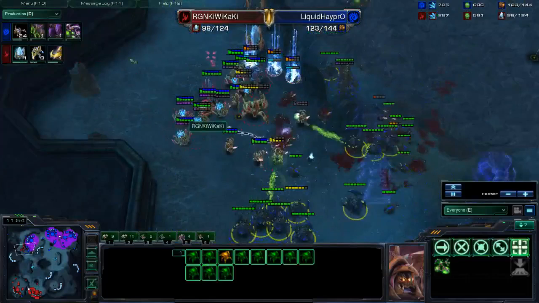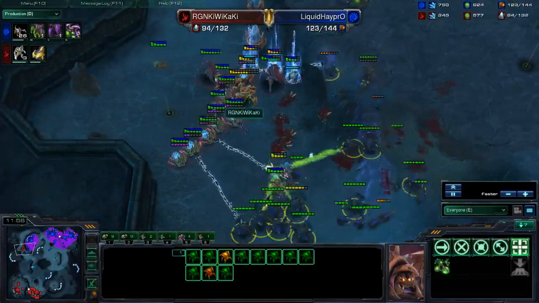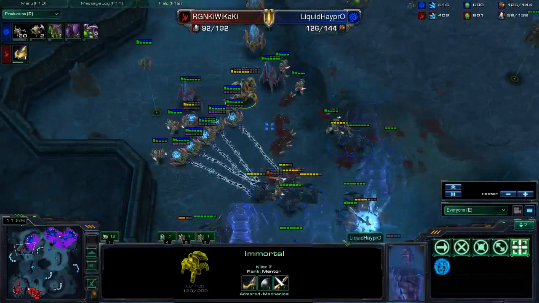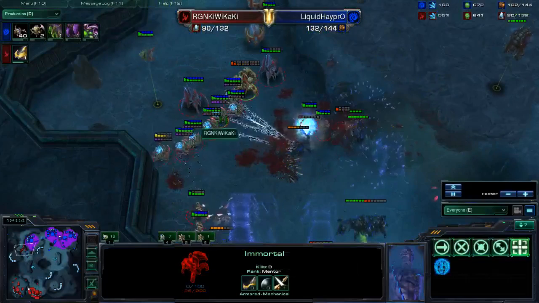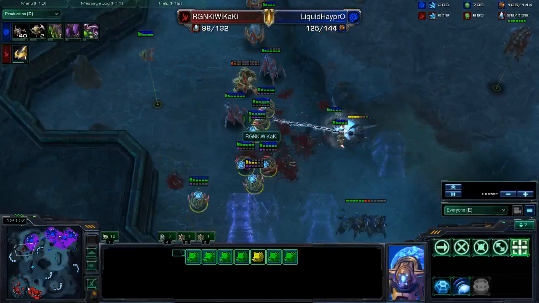Pretty nice force fields, but they're not airtight. The Zerglings are streaming in, and this Immortal is not target firing. All that Immortal only has 7 kills. A lot of those were from it target firing Zerglings, and we see that Kiwikaki, you know, he retains his